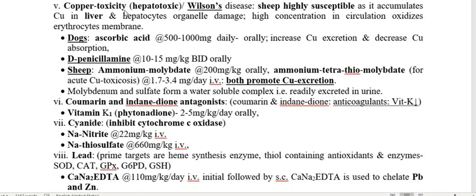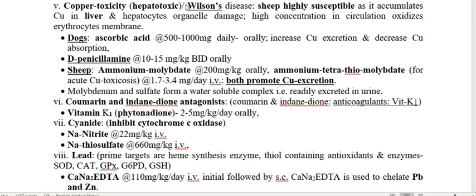Copper is a hepatotoxic agent, mainly hepatotoxic. Usually copper under normal conditions does not produce any toxicity, but if copper is taken in high concentration, it produces toxicity. In some cases of the genetic disease found in human beings called Wilson disease, patients accumulate copper in the liver, similar to the sheep.